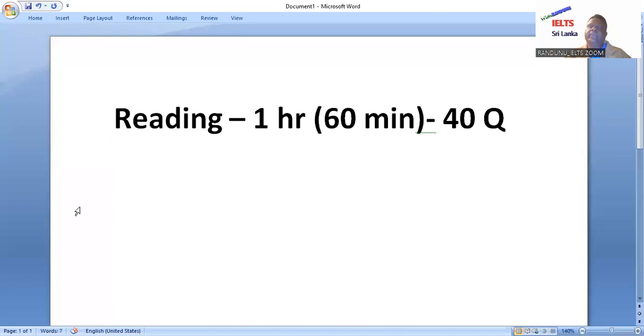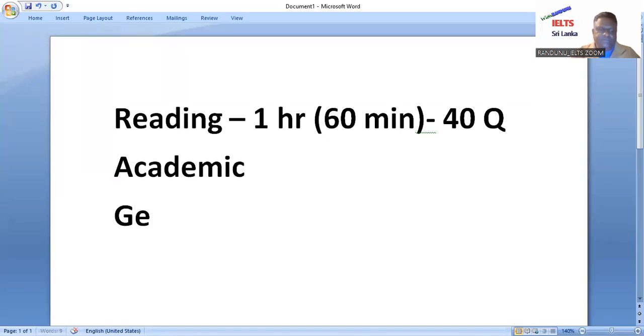Reading is a component which is different for academic and general. When it comes to speaking and listening, there is no difference. Speaking and listening tests for academic students as well as for general students are the same, right? But reading for academic students, for general,